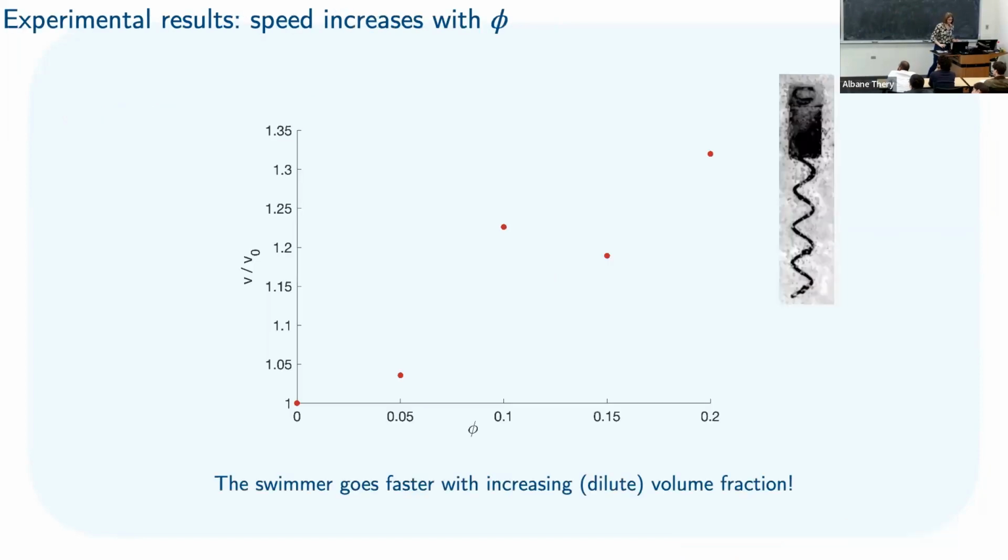So what they got here on the swimmers experiments directly is that if you add more spheres, but staying at the dilute volume fractions, the swimmer goes faster. So it's not necessarily an obvious effect, and I'll come back to that, but if you take these suspensions and you just drop an object that's going to sediment,